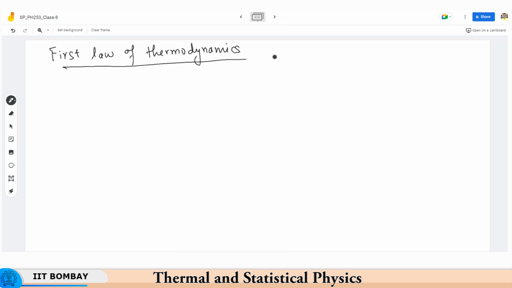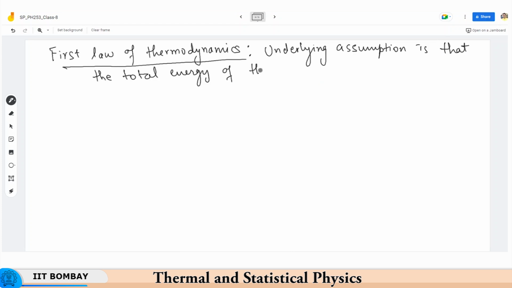And the underlying assumption of this first law is that the total energy of the universe remains constant,